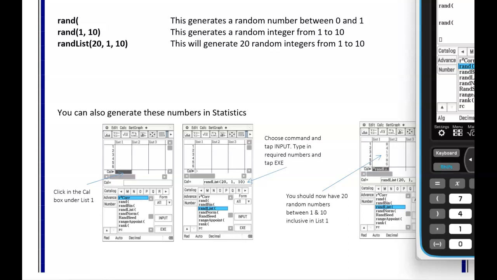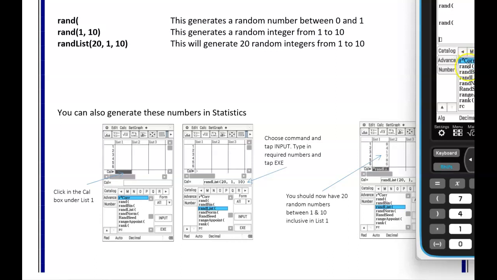Okay, so this is how we generate a random number between 0 and 1. That would be helpful if we needed to generate, it depends, we could be looking at the first digit, the first 2 digits, the first 3 digits, or we could use that as a multiplying factor to find a particular random number that we want in between 2 values. If we want integers,